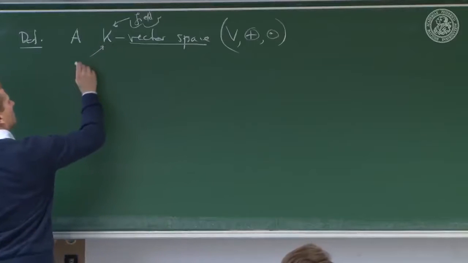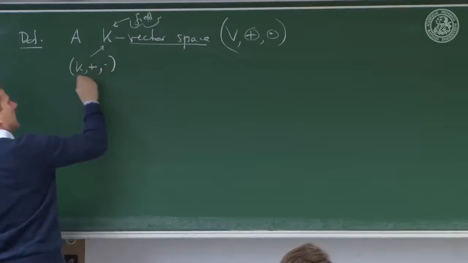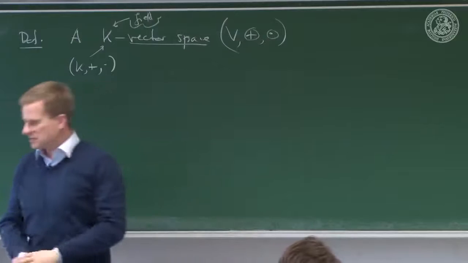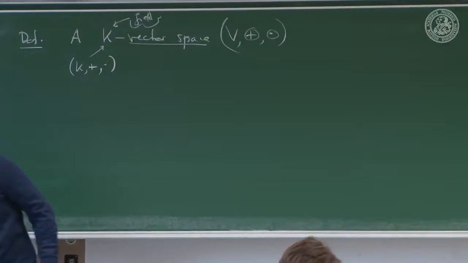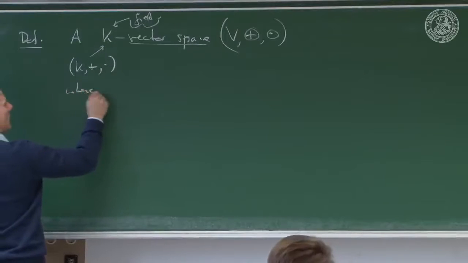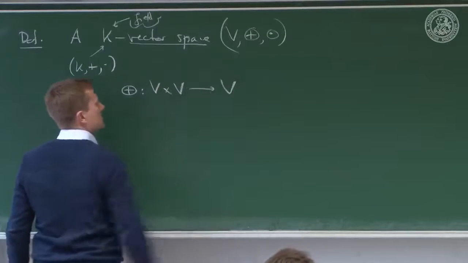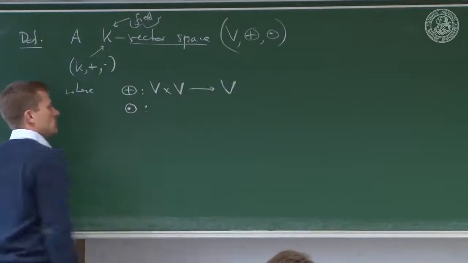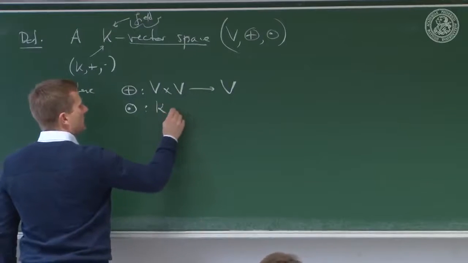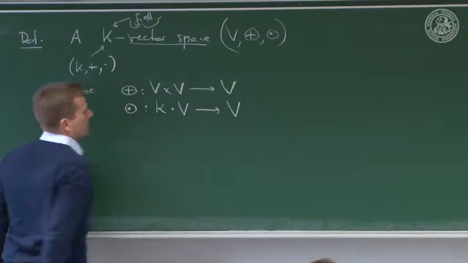operations of K. So the field K has operations plus and times, and this plus is not this plus, and this times is not this times. Full stop. Totally different structure. These stay as they were defined before, where the circ plus takes two elements in the vector space and makes an element in the vector space, and the circ times doesn't take two vectors and make a vector. It takes an element in the underlying field K and a vector, and makes it into